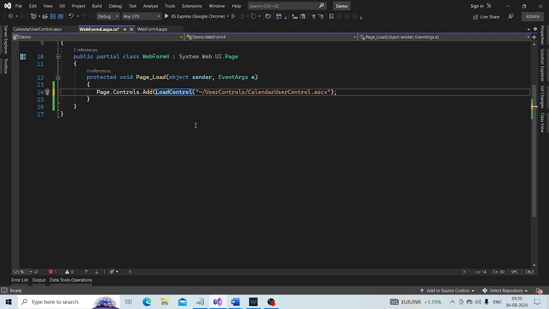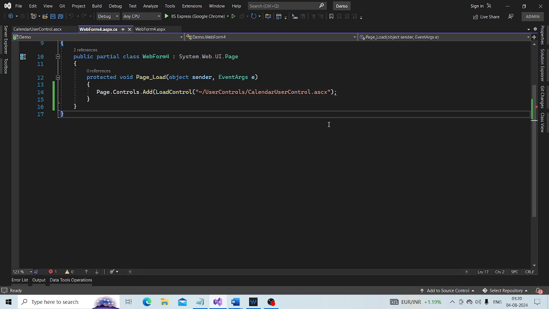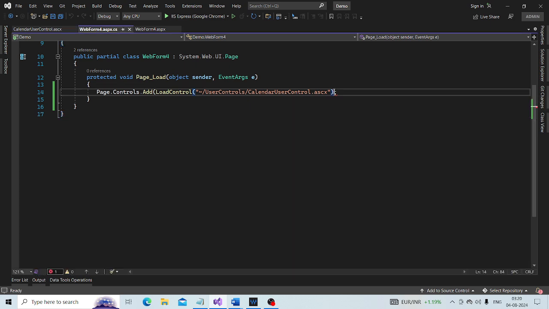Let me run this and save the changes. There should be a second parenthesis.